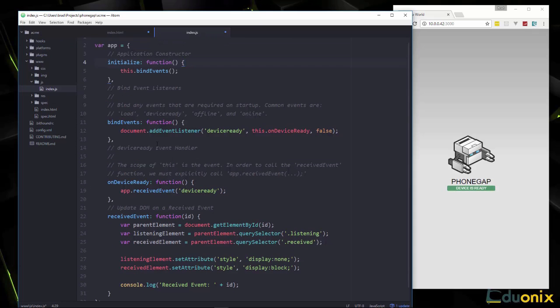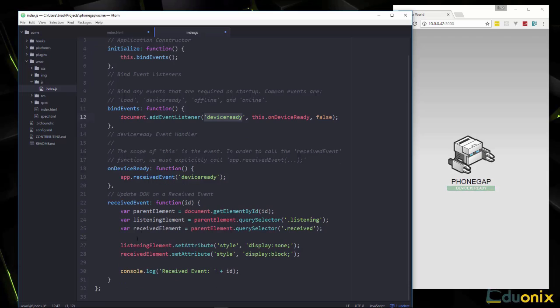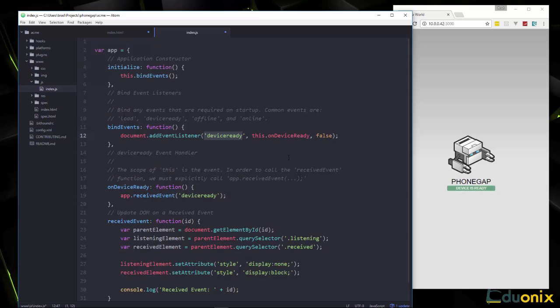Basically what you need to know is that we're going to add the event listener to listen for the device ready event, and then we can pretty much do anything we want after that. Okay, how they have it here is kind of complicated, the way they put it in this app object, and they have all these different functions just to get this functionality here. So what we're going to do is just grab this,